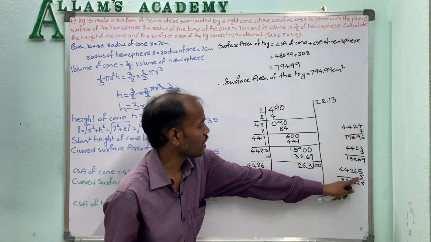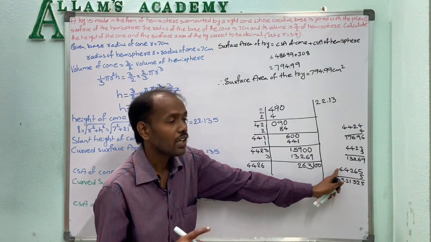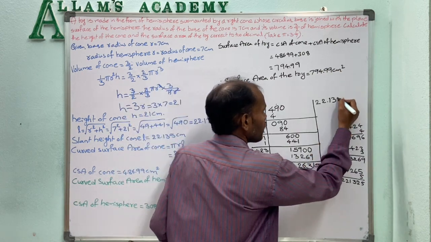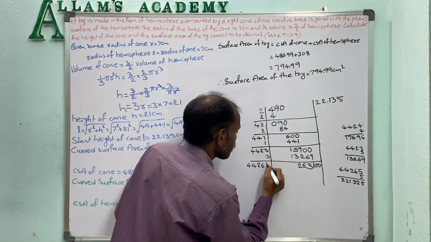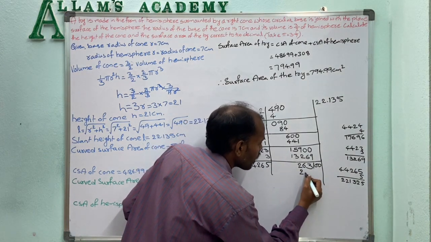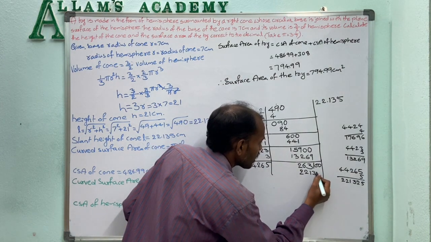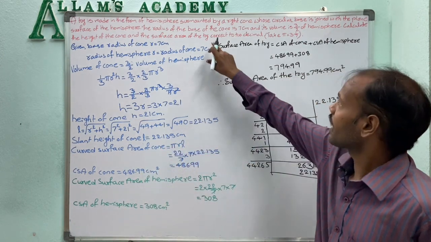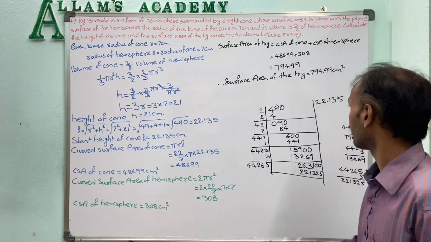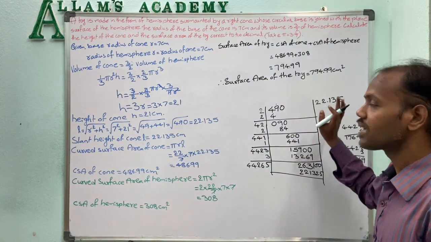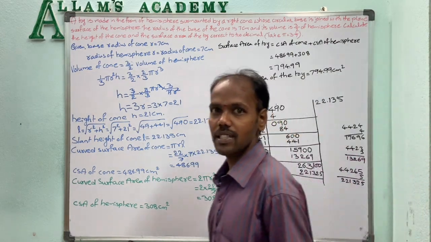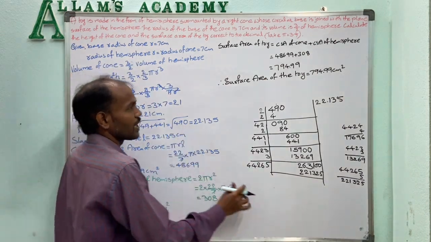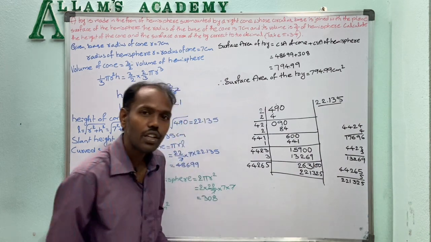If 6 is taken, 4 6s 24, 24 plus 2 is 26, that means increasing only. So we will take 5s only, 2,21,325. The question asks correct to 2 decimal places, that means we take up to 3 decimal places, that will be enough. So the square root of 490, in this model we get